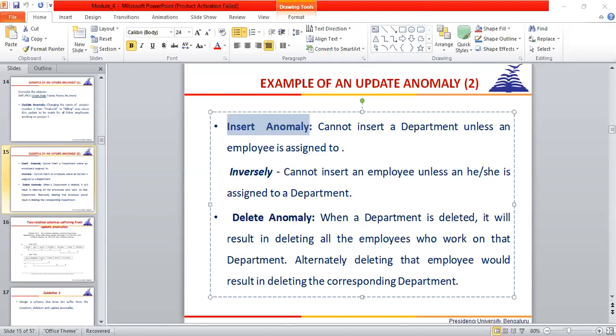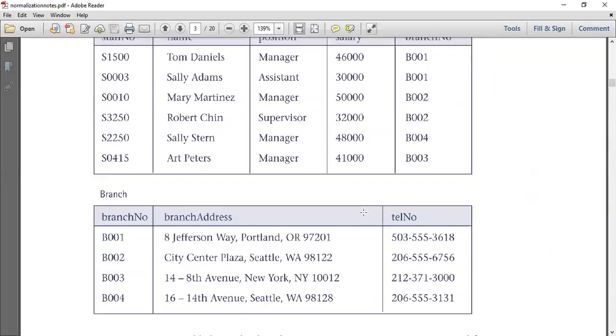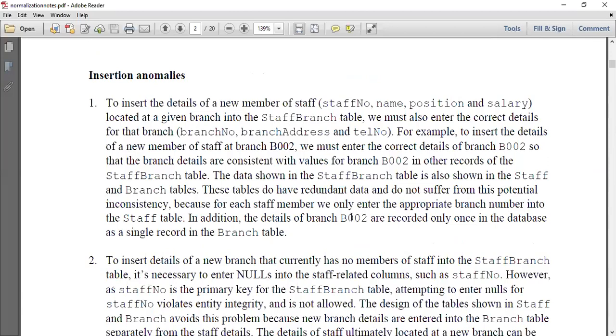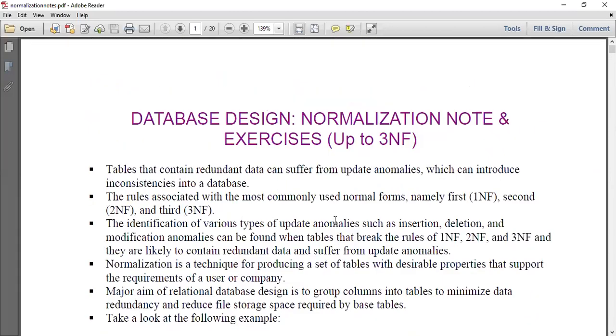You can see here this normalization PDF. I have not uploaded it to edit yet, but I'll discuss this, and after my class I will update it. Now see here, because the question will definitely come: what are insertion, deletion and modification anomalies. These things are necessary for the normalization notes, and this note completely covers up to 3NF. A 20-mark question will be asked. This is a 20-page PDF because many examples are there, but definitely you will get a 20-mark question, because this is one of the major portions of database.